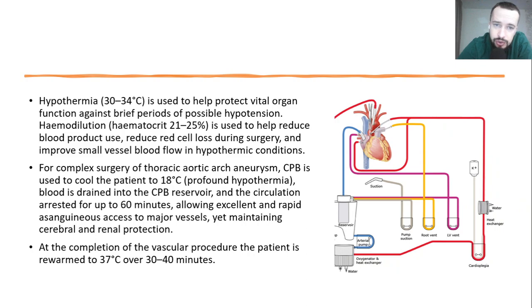Hypothermia is used to help protect vital organ function against brief periods of possible hypotension. Hemodilution is used to help reduce blood product use, reduce red cell loss during surgery, and improve small vessel blood flow in hypothermic conditions. For complex surgery of thoracic aortic arch aneurysm, CPB is used to cool the patient to